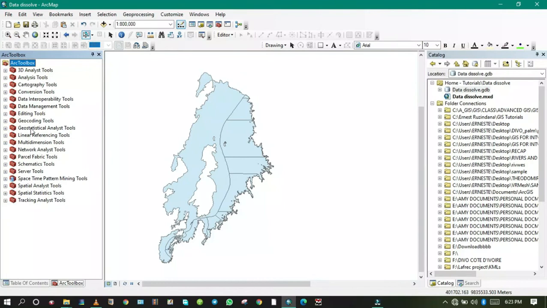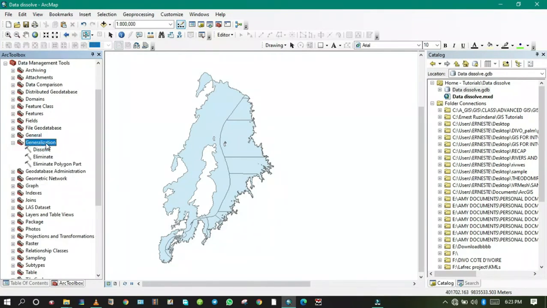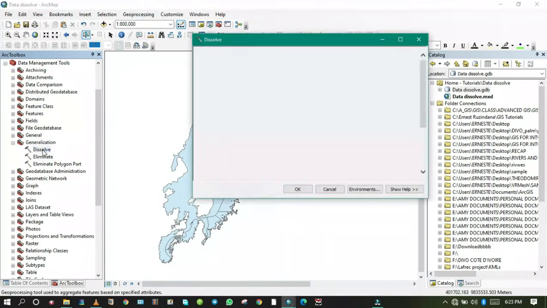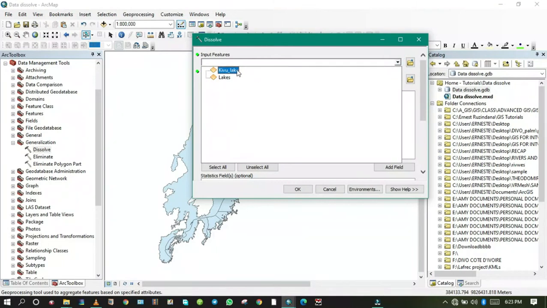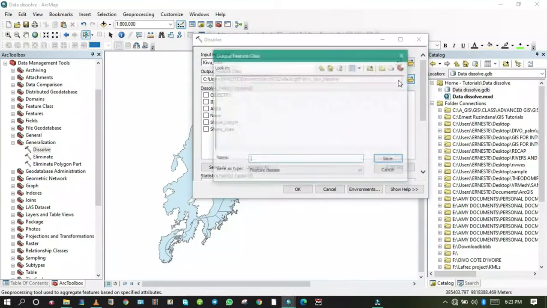So I will need to go to these data management tools, and I will need to find the generalization toolset. This is generalization, and inside the generalization you will see that there is the dissolve tool. You will need to open this dissolve tool. Input feature will be Kivu Lake because I'm going to dissolve Kivu Lake. And the output feature class will be the output that I will be generating, but saved in our